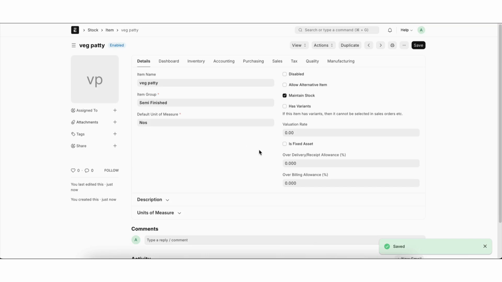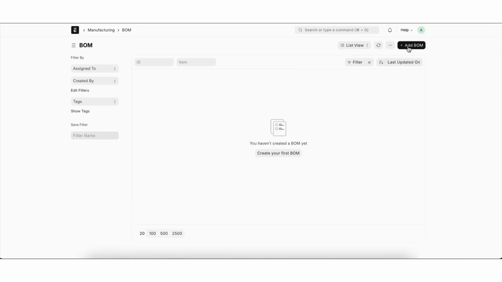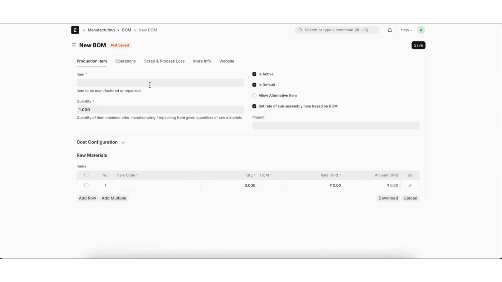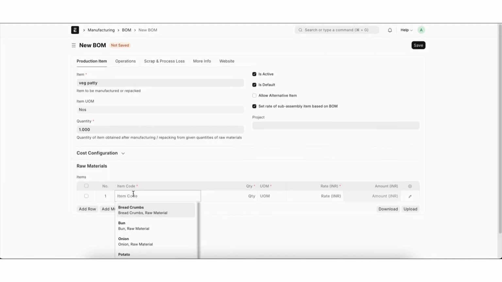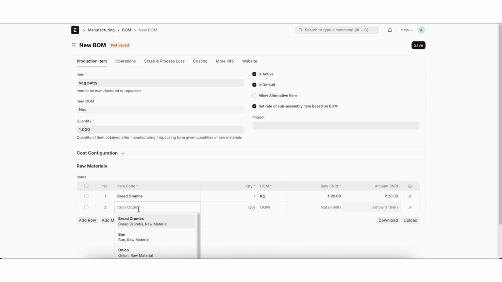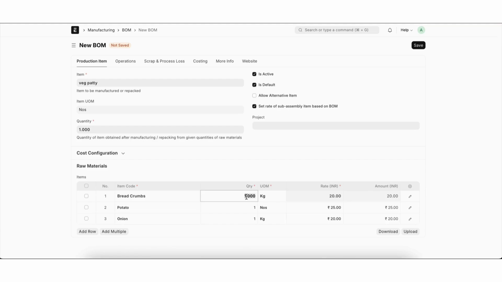Next we will create the recipe of the veg patty using BOM. So go to the BOM, add BOM. Here select item, veg patty, and add raw material, breadcrumbs, potato, onion, and also define quantity. Breadcrumbs 0.05,